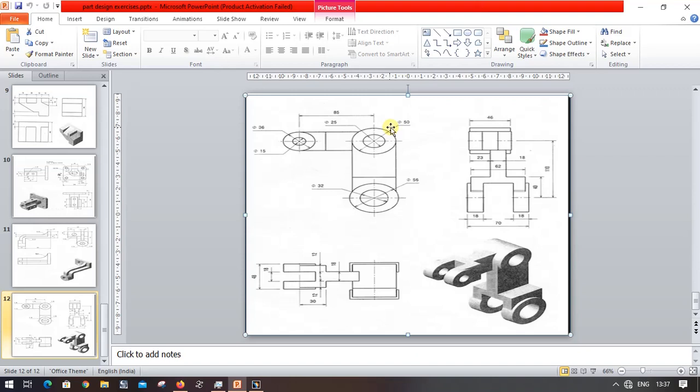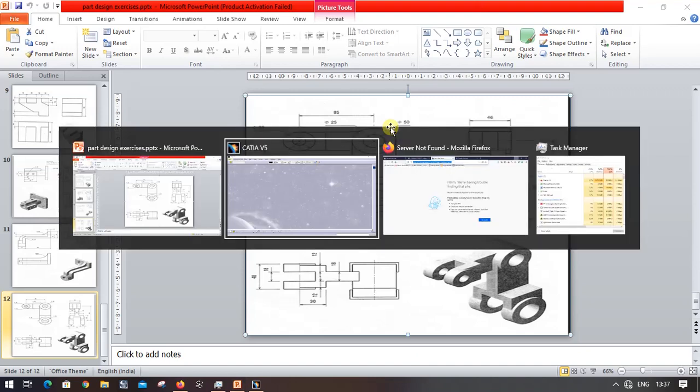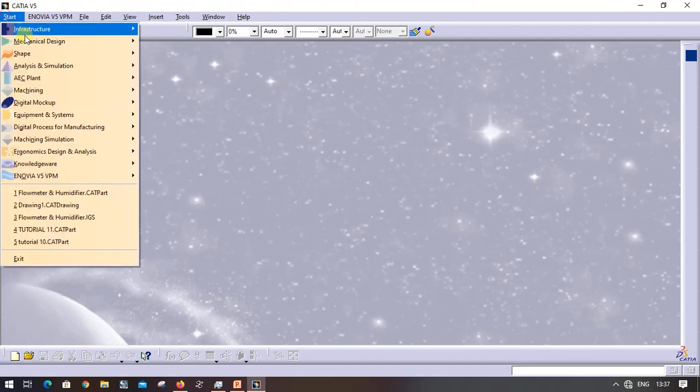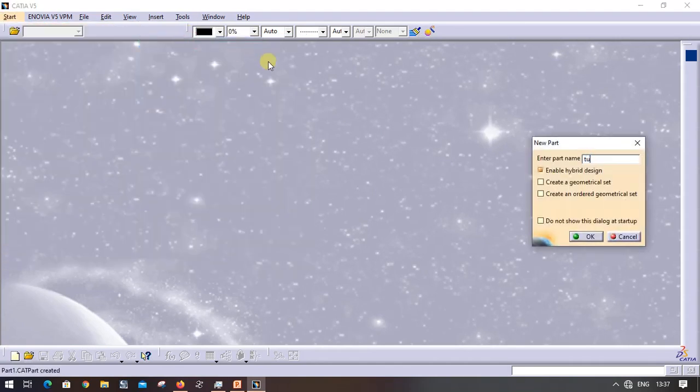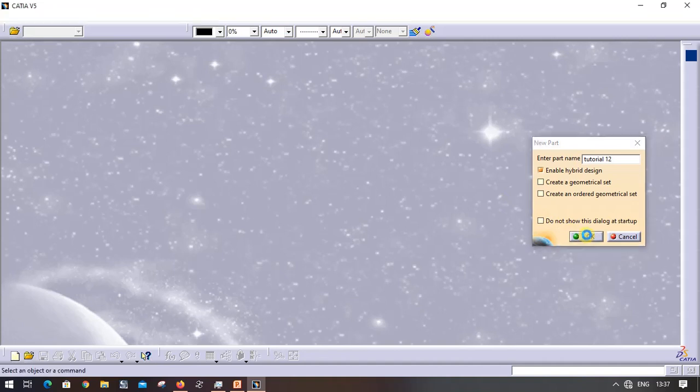Hello everyone, today we will see tutorial number 12. Go to CATIA, start, mechanical design, part design, give the name as tutorial 12, click on OK,